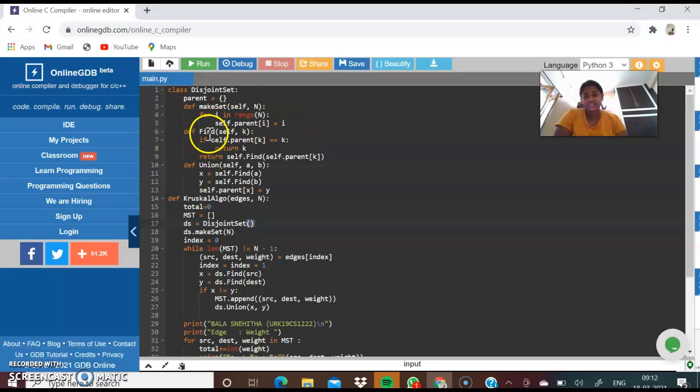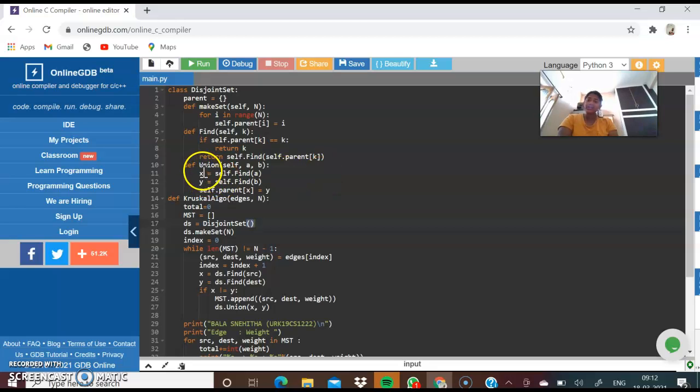Next, define a function find with self comma k. Then if self.parent[k] equal to k, then it should return k, else return self.find of self.parent[k].